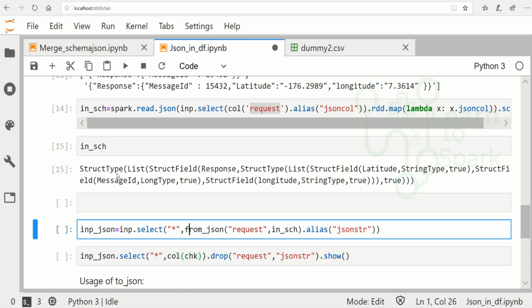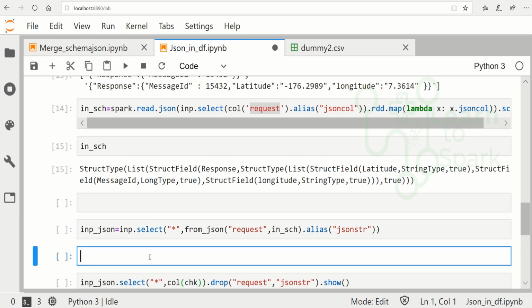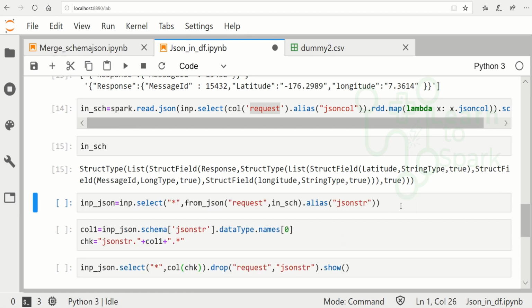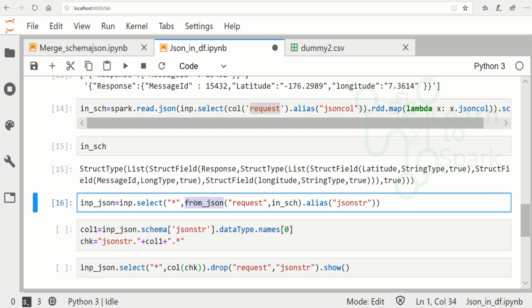Let me give it here, and let me delete this. I'm executing this. Here inside from_json I have given the request column and the schema that I derived from the above line. By this way we are able to get a column of JSON string which is of struct type.